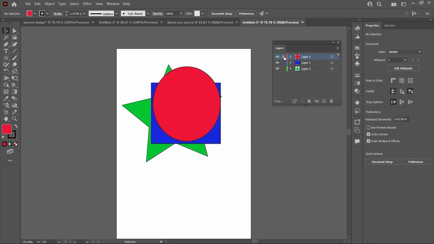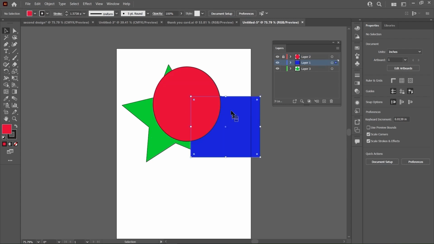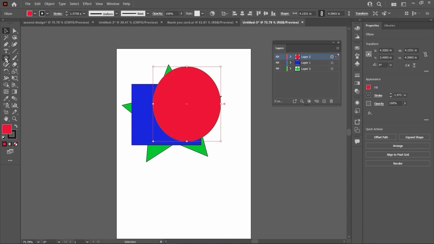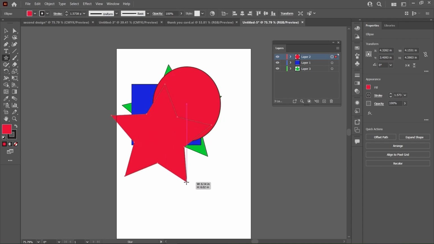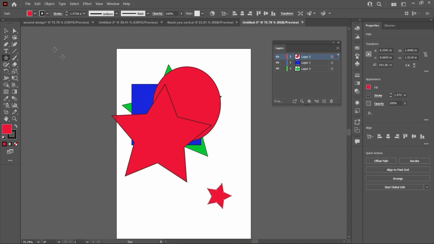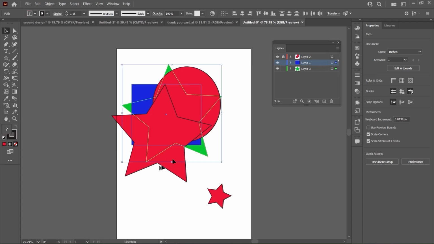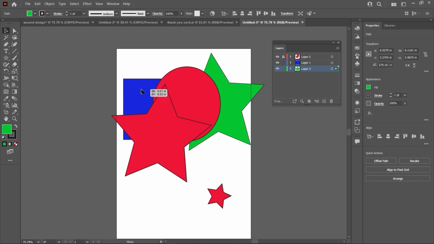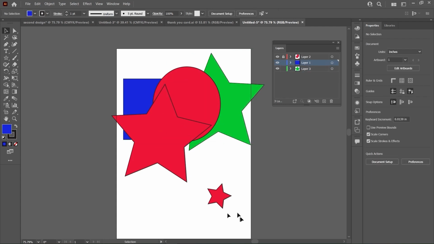If I click here to lock, then you can see this icon, and when it is locked, then you cannot select the objects of this layer. So if there are more objects here, suppose I select this, I create more objects, maybe this one, selection tool, and this time I lock it again. You can see that I can select this star, I can select this rectangle, but I cannot select these objects